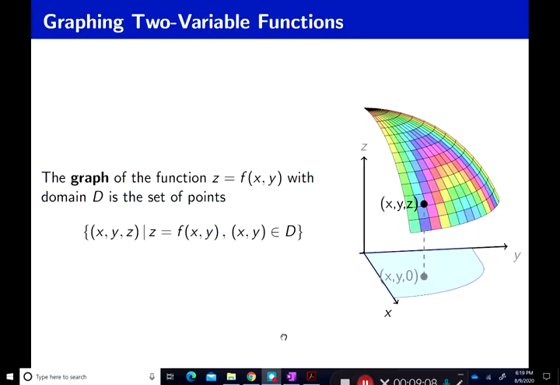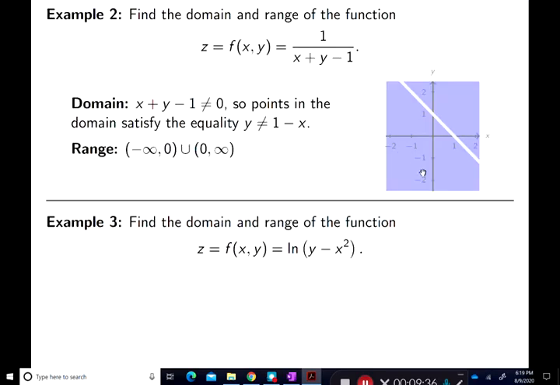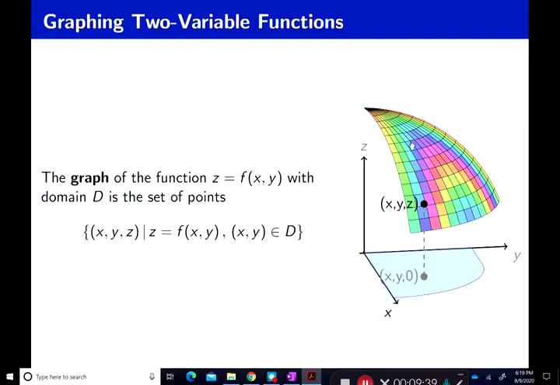Graphing two variable functions. The graph of a function z equal to f of x and y with the domain D is the set of points x, y, z such that z is equal to f of x and y, and x and y is in the domain. So for example, here the domain is this light blue area down here. The graph is the colorful area above that, and so for every point x, y in the domain, and since I'm in